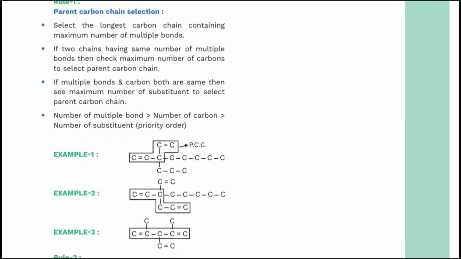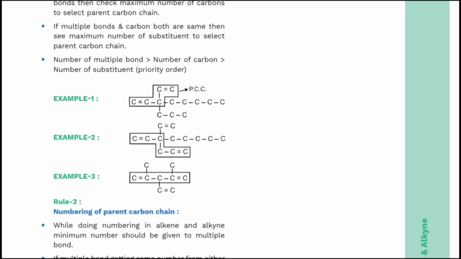Okay, here we can see if we select the highest possible chain, that is 1 2 3 4 5 6 7 8, but in this chain this double bond is missing, so we will select that chain which contains all the multiple bonds. So we will select this chain that is 5 carbon. So this is the substituent here, and substituent here as well. So this is the longest chain, that is 5 carbon, and here you have 6 carbon longest chain, and here you have 5 carbon longest chain.